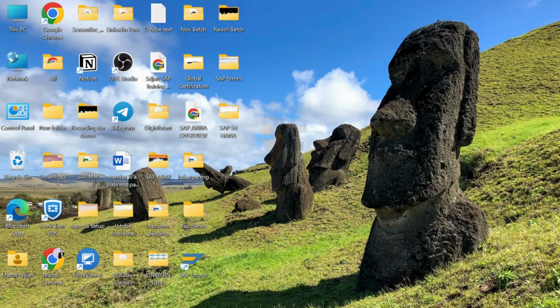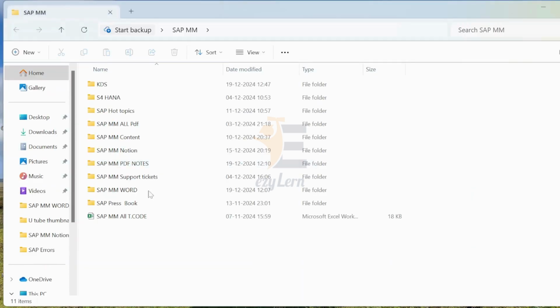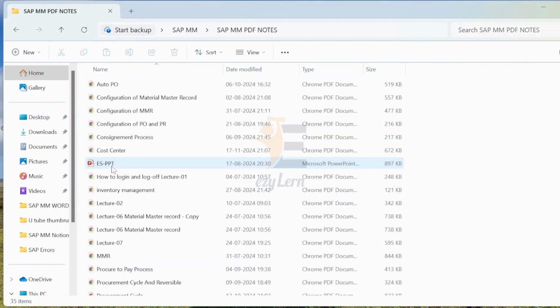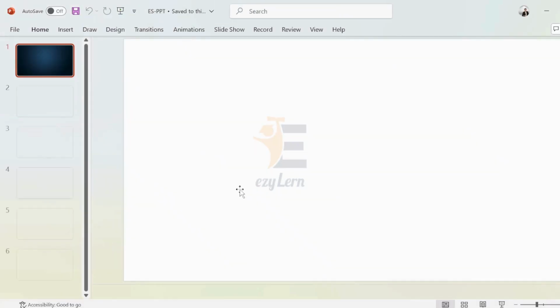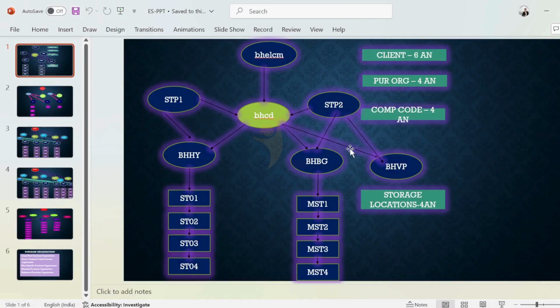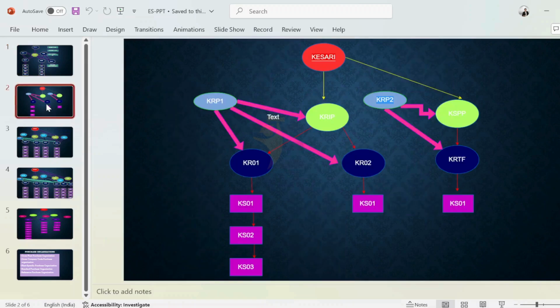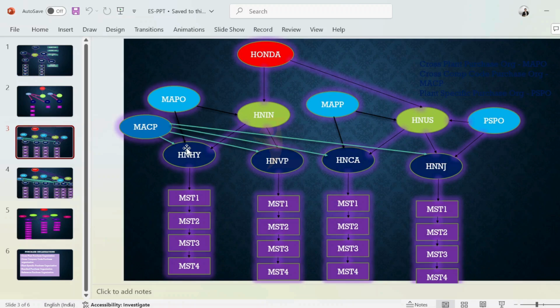And if I just show you, that's the enterprise structure. We are going to design that and prepare a KDS file, then start mapping that in SAP.